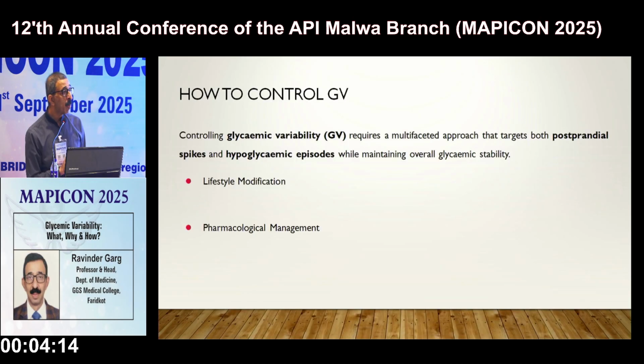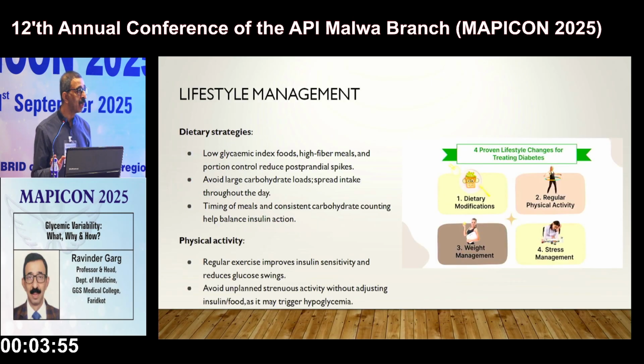So the next big question is, having done so much, glycemic variability is detected, high glycemic variability is there, how to control it, right? So we have two methods, non-pharmacological and pharmacological, as we have for most diseases. So first, one should always try non-pharmacological methods. In non-pharmacological, we have four modalities. One is dietary modification, second is regular physical activity, third is weight management, and the fourth is stress management, most